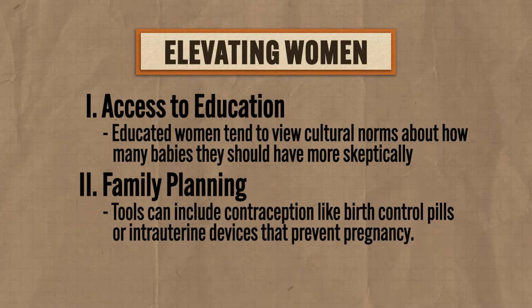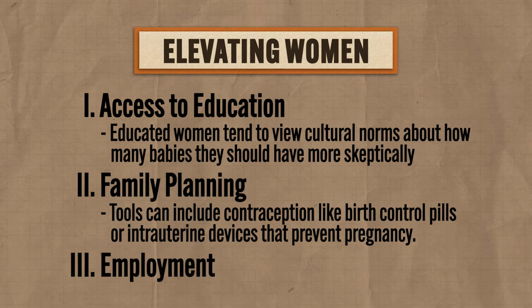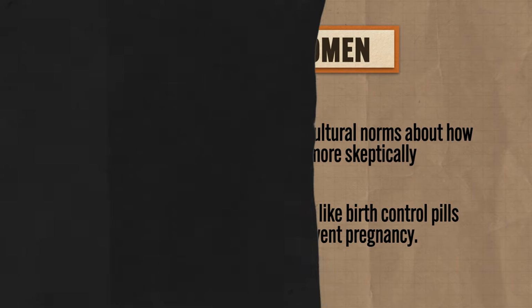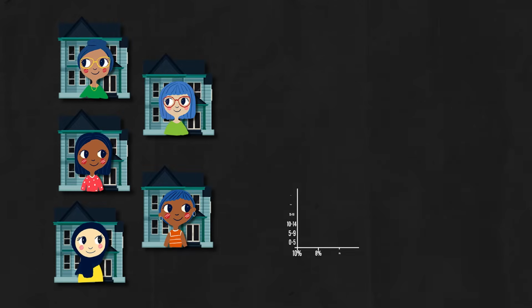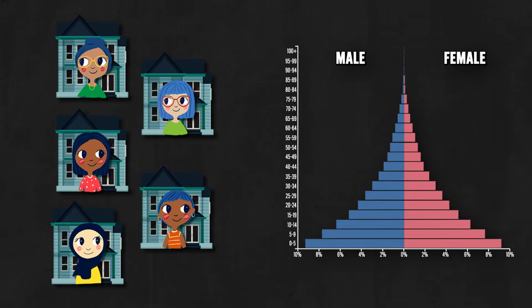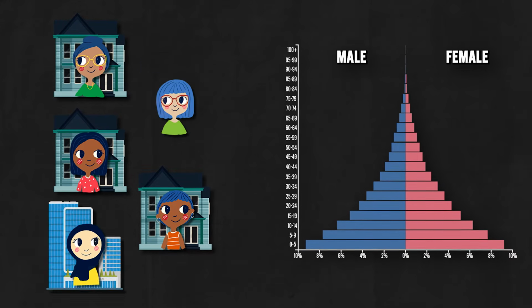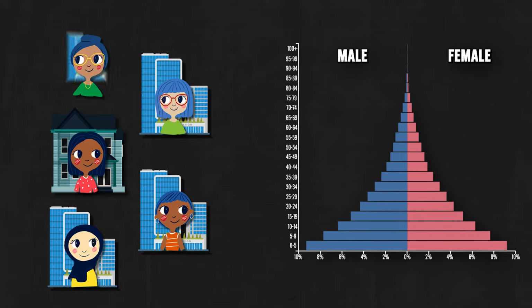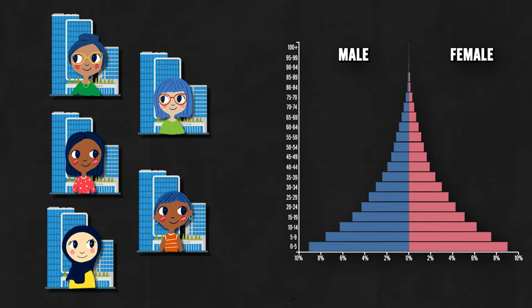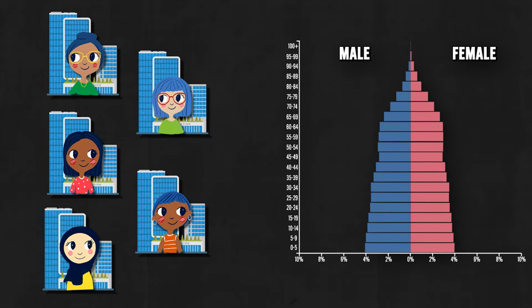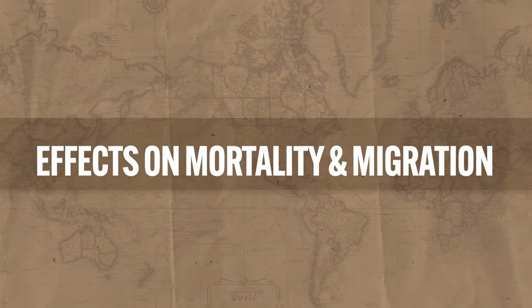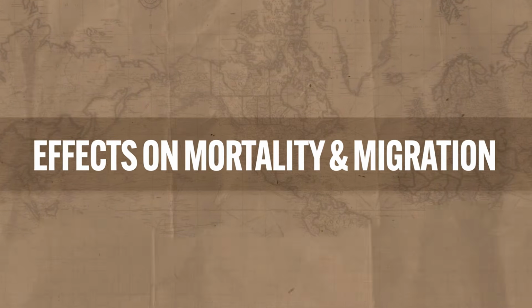Okay, and then third, women's status can be elevated by increased access to employment. Generally, in traditional societies, the domain of women is in the home, and so in that environment, fertility rates tend to increase. But as more opportunities for women in the workplace have opened in egalitarian societies over the course of the 20th and 21st centuries, many women choose to delay marriage and childbearing in order to focus more on their careers. And what effect does that have on population? Well, if you said it decreases the fertility rate, then you are absolutely correct. But the changing role of women also has an effect on mortality and migration, and let's consider each in turn.